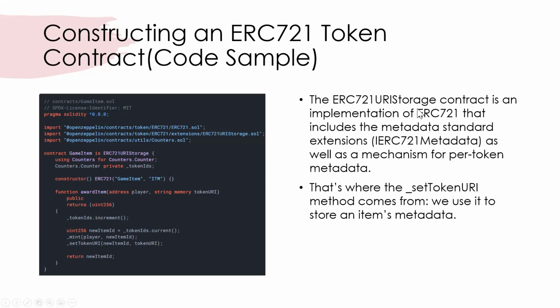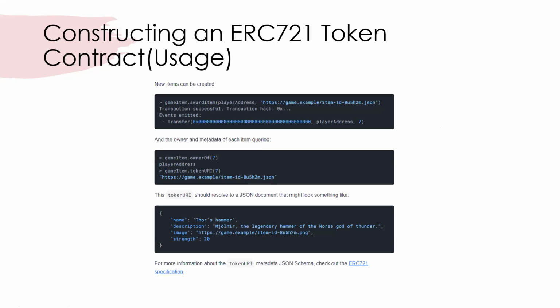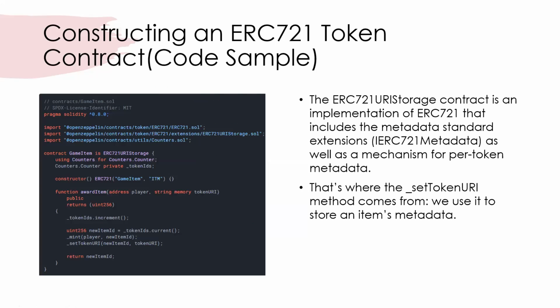So essentially, what the URI storage, like I explained, is storing the metadata. It sets the standard for storing the metadata for the ERC 721 token that you are essentially making. So it's a mechanism for storing token metadata, and this is the function, essentially the method you call. This is object oriented. It's the method that you use to store the item's metadata. So we're going to see in the next slide how you use this, constructing it, how you use the stuff we constructed here.